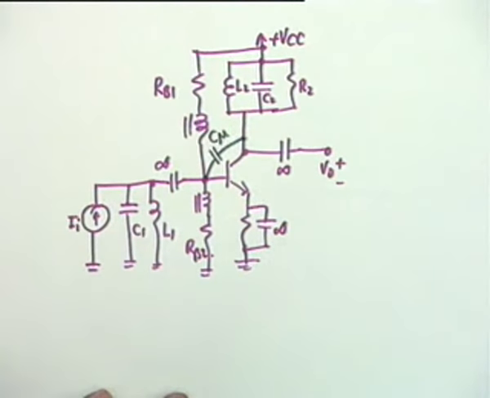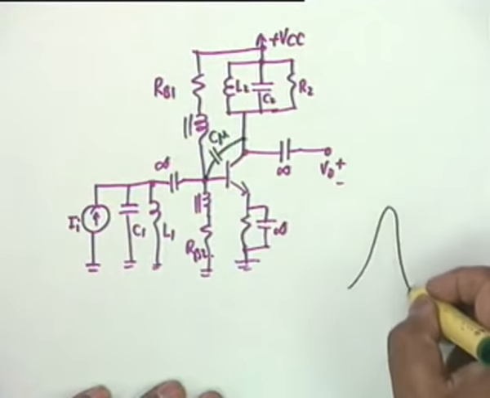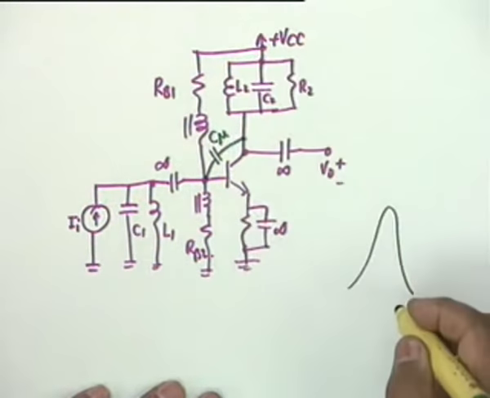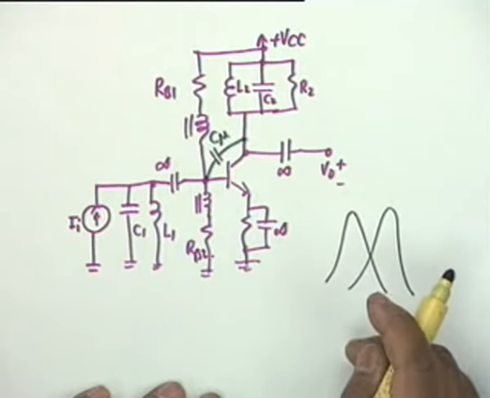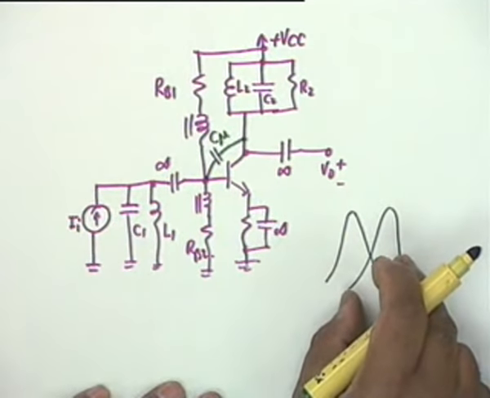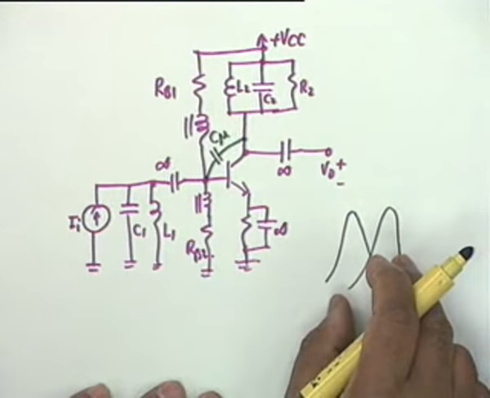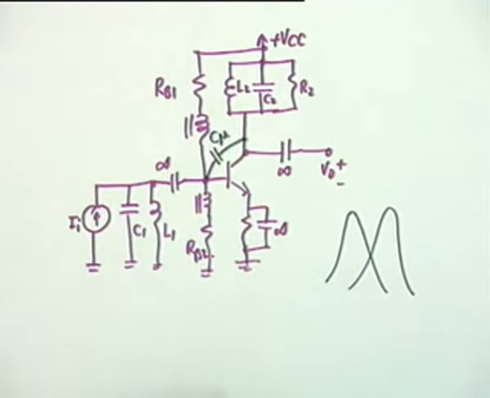Agreed? Worse still, you see, if you have this characteristic, the output characteristic like this, and another characteristic, let us say like this, if the two resonance frequencies do not agree with each other, then you are actually widening the bandwidth. Isn't that right? And therefore C mu plays havoc.